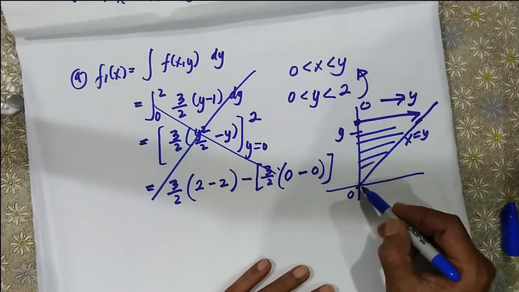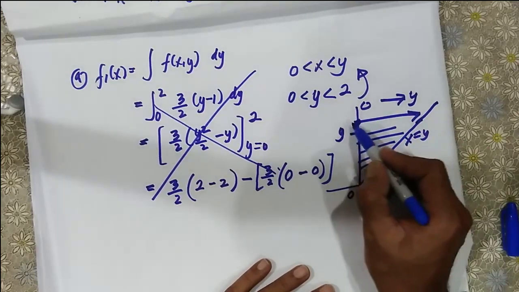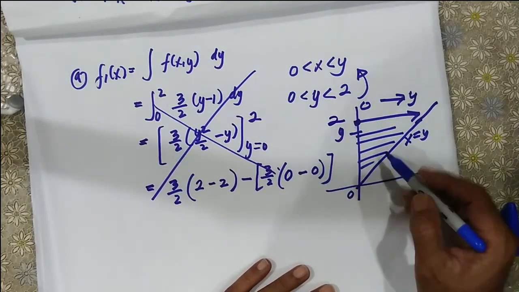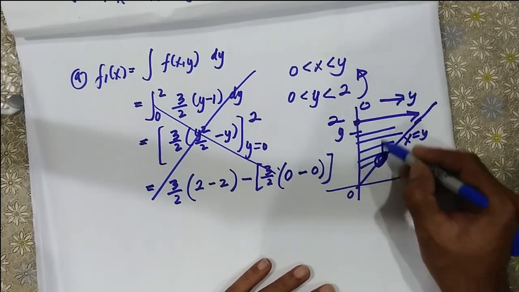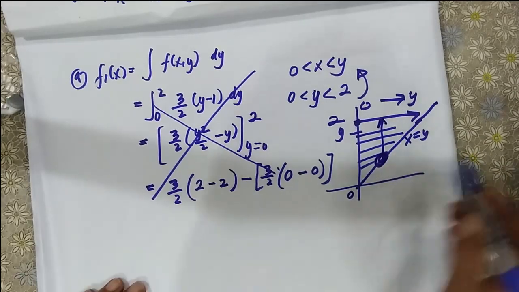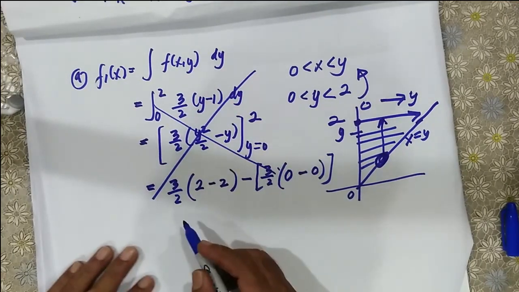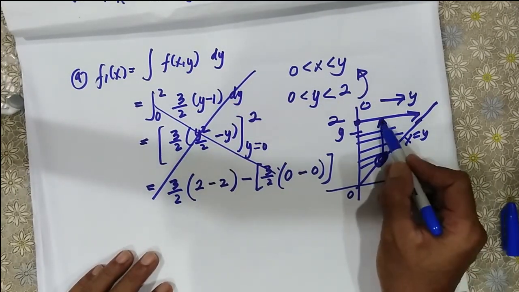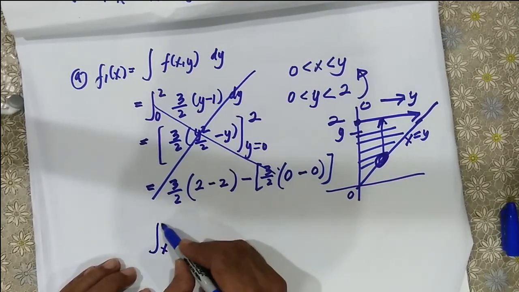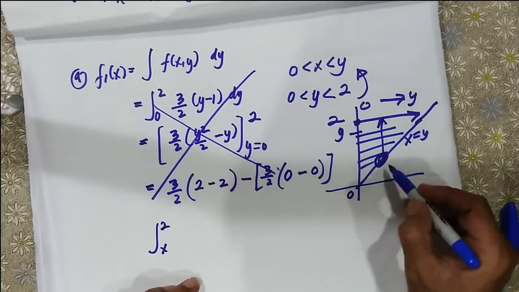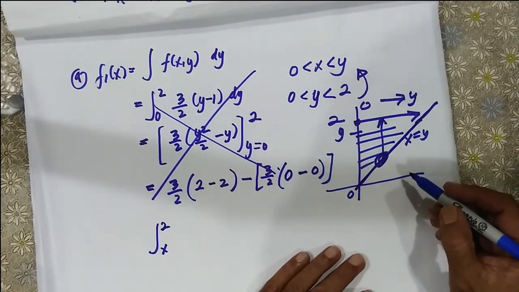While the range for y is not from 0 to 2. Now the range for y here, let's say here is 2, the range for y is from x to 2. So we have to change here. Instead of 0 to 2, the range for y is from x to 2, because we have to consider this line. If you put 0 to 2,